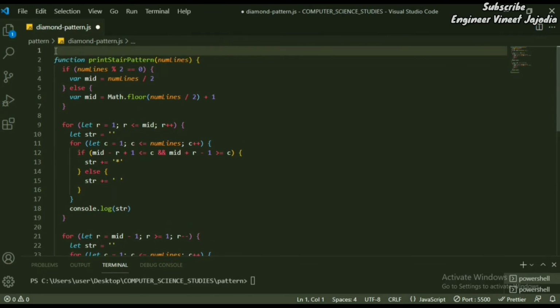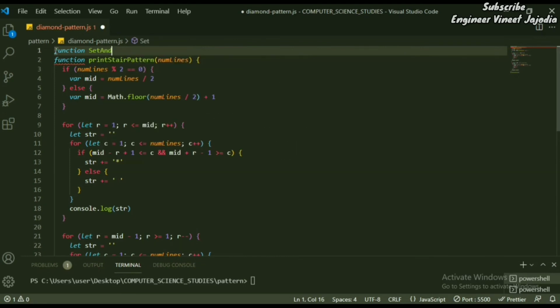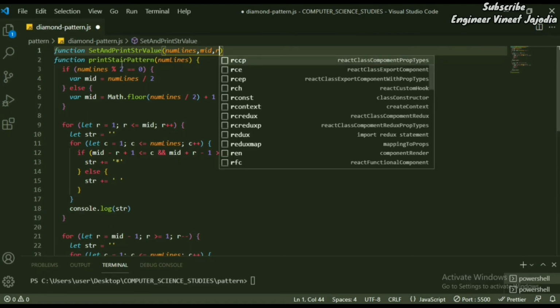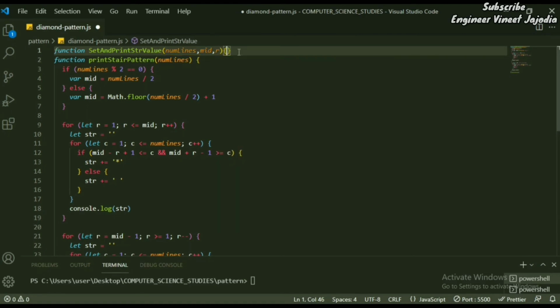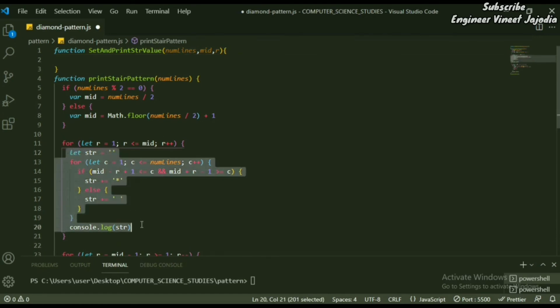The function name will be set and print str value, which is going to receive three parameters: first, the number of lines, second, the midpoint, and third, the number of the row on which the loop is running. Now we define it. The definition will be this code which is repeating.